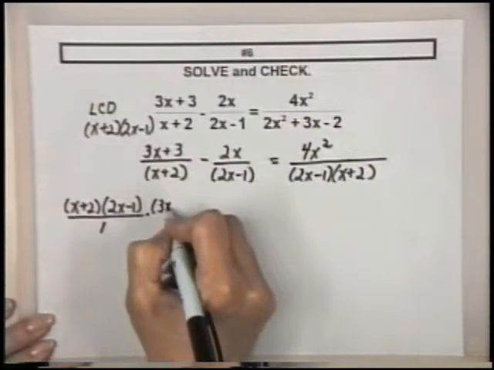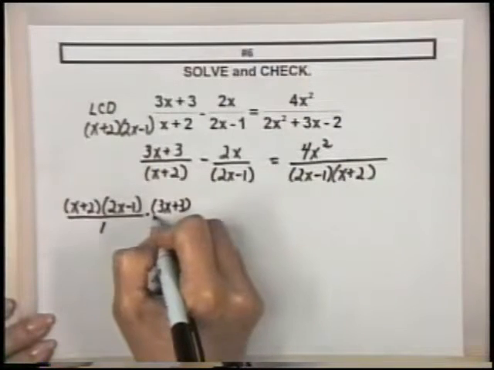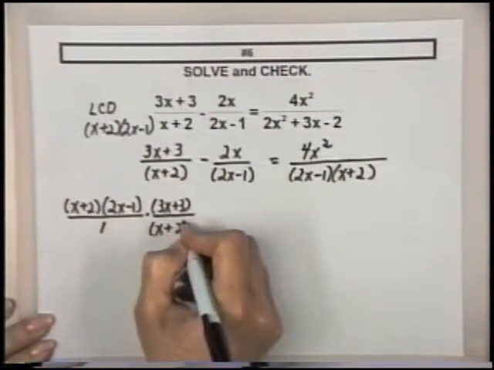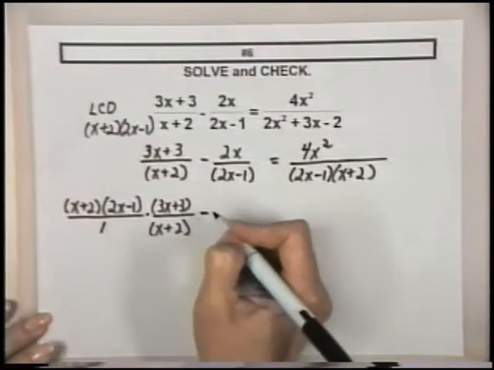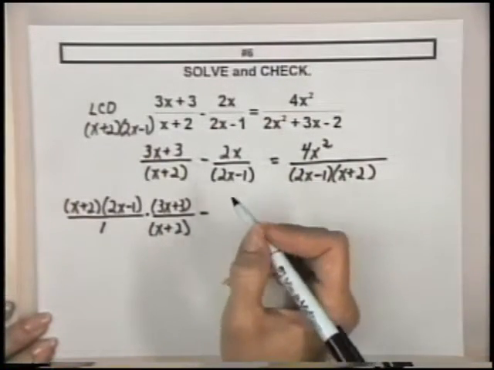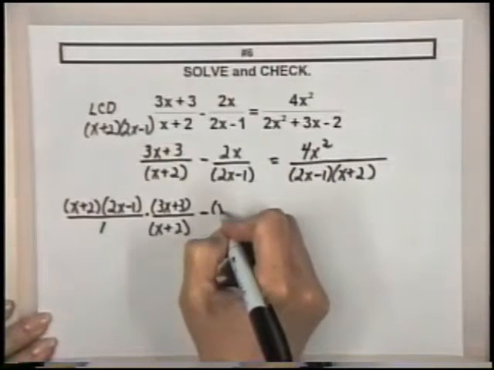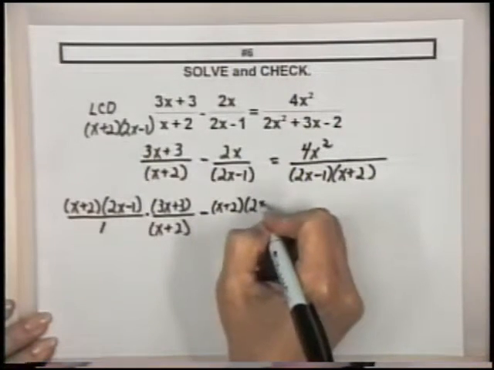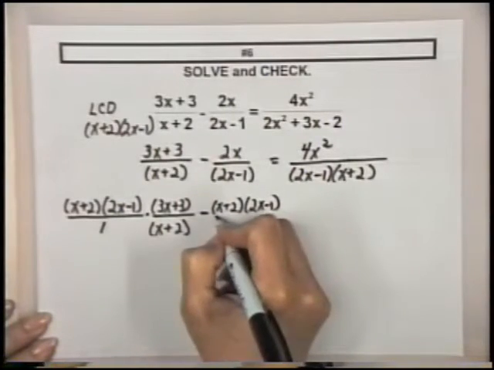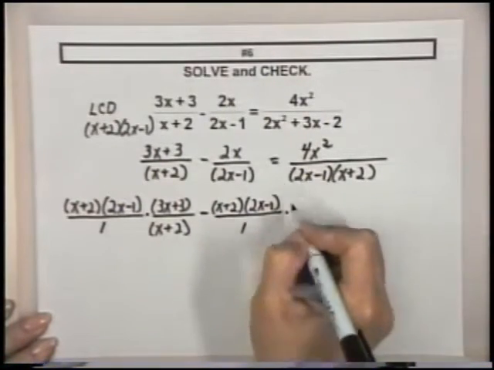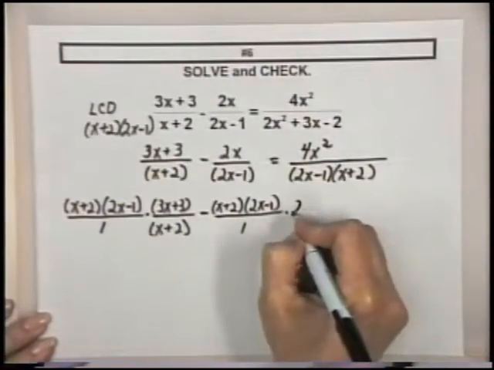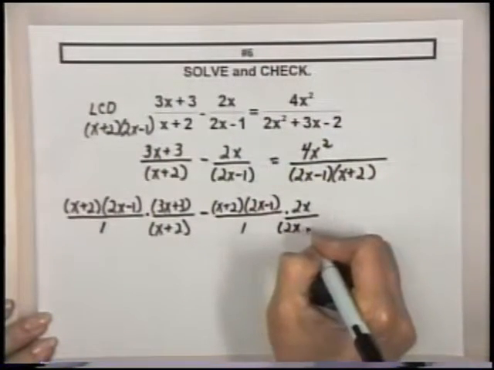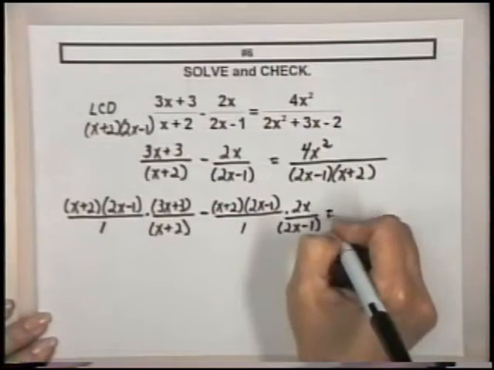I will multiply it by my first fraction, 3x plus 3 over x plus 2, subtract. Now I write my LCD, x plus 2 times 2x minus 1 over 1 times my second fraction, 2x over